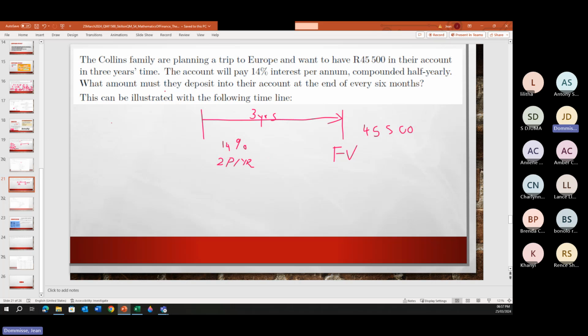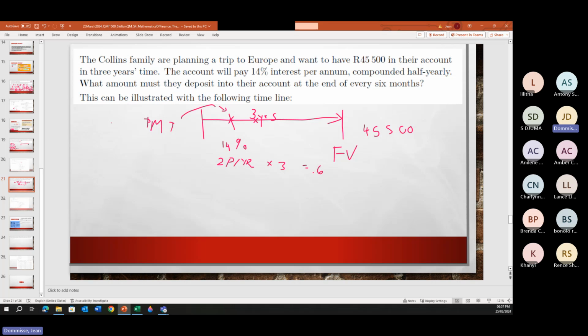What amount must they deposit into the account at the end of every 6 months? So basically, what is that payment that they need to make after every 6 months? So there will be one, there will be two. So in total, there will be 6 payments. Okay, so